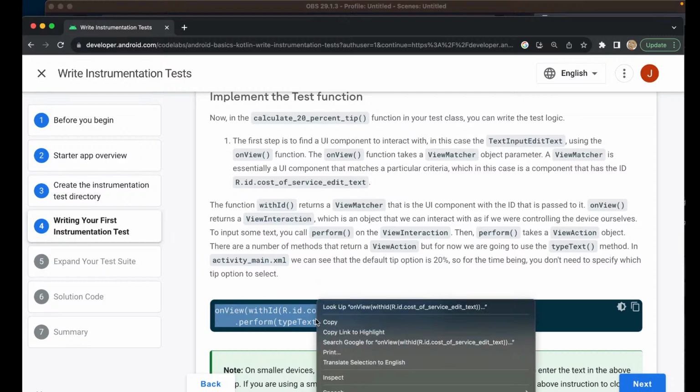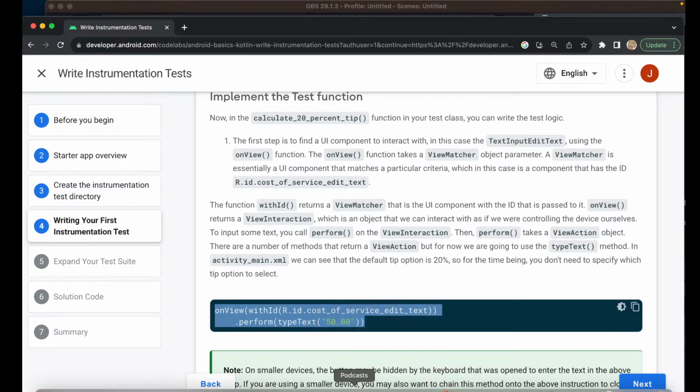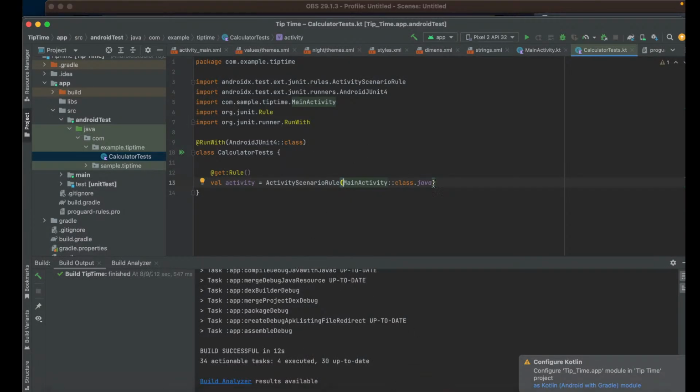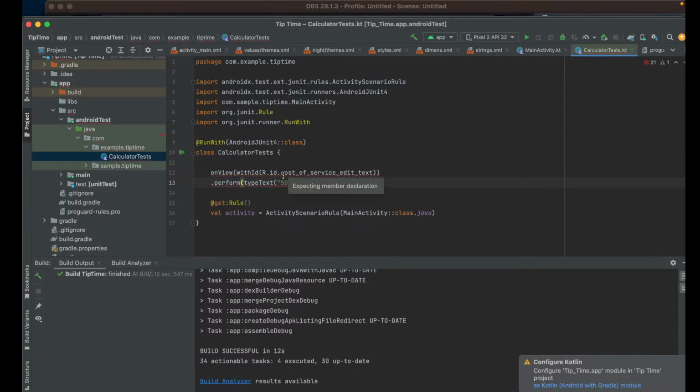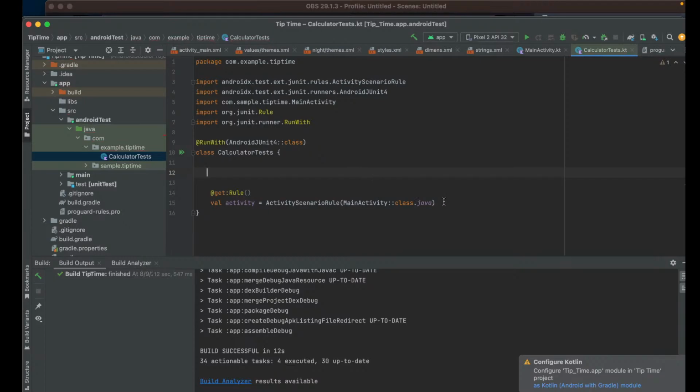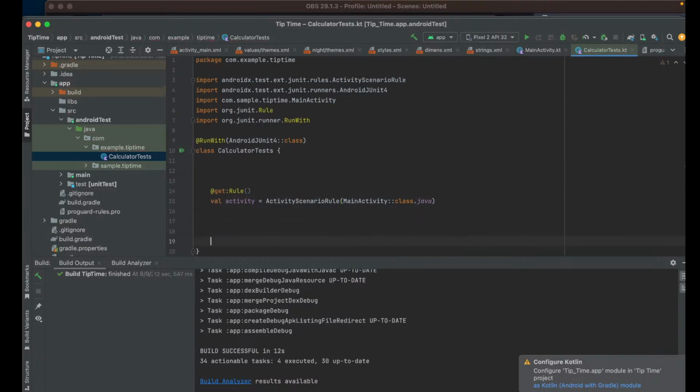Okay, so looks like it wants us to take this and go ahead and put this in our calculate tests method there. Actually, let's go ahead and put this after this activity part,